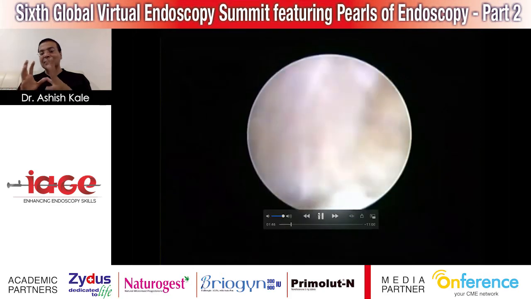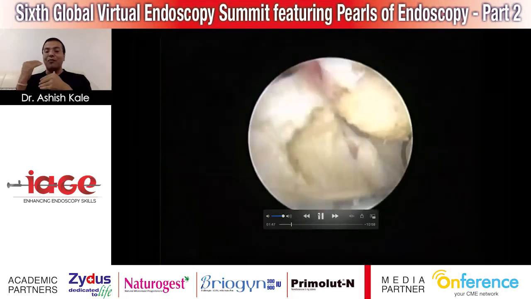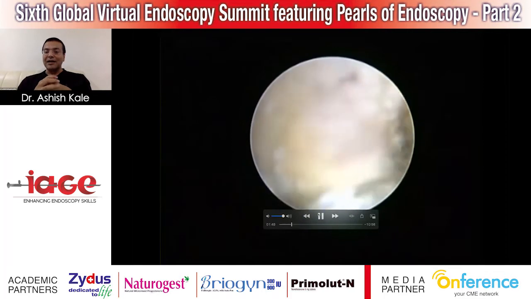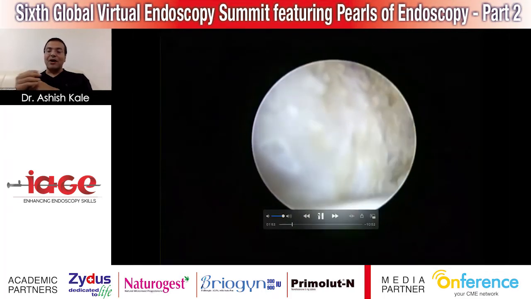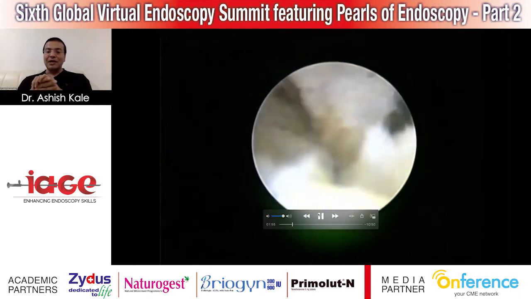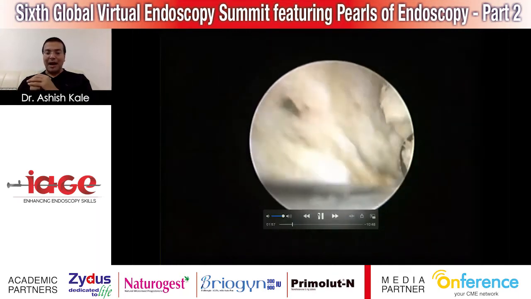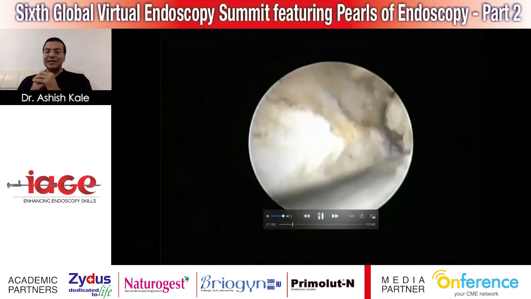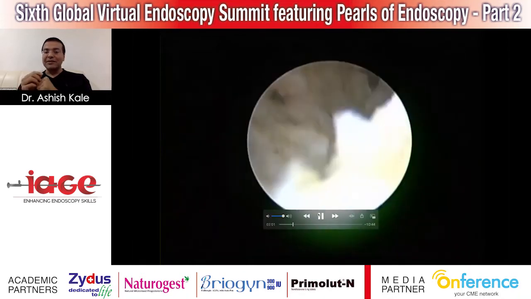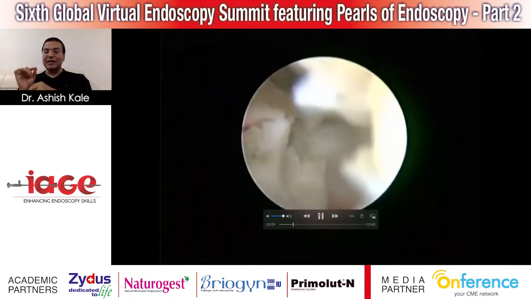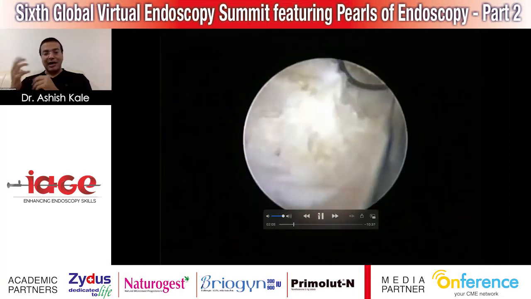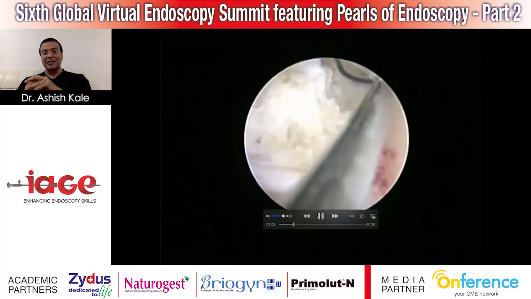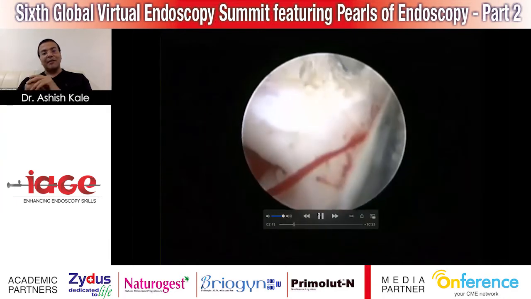Think about what the size of the myoma is, and from what point you are going to start the resection. Because if it is too near to the ostia, or if it has a broader base, you need to understand that good mapping prior to the hysteroscopic resection is useful, because that will give us clear guidelines whether you can tackle the myoma hysteroscopically, or you can do it with laparoscopic assistance with the hysteroscopic myomectomy.